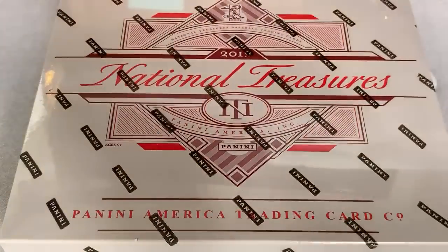I'm a teacher, and they canceled our school tomorrow because they found bed bugs in our school, which is really